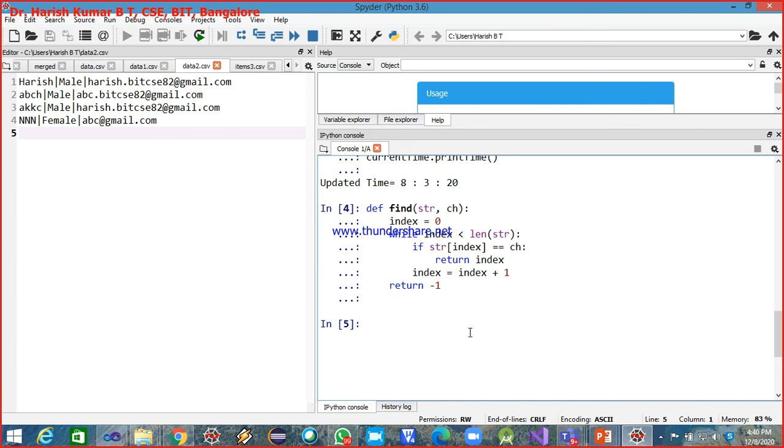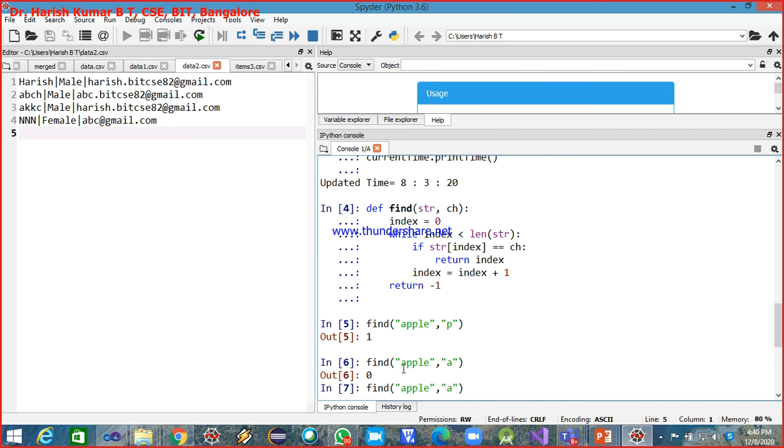Now I go for invoking this. I call this method by passing two arguments. One is apple, my source string, and my pattern string is p, and it is outputting 1. That means the pattern p is found at index 1. Now if I run it again by passing a different pattern, say a, this should give me the index 0. So the pattern a is found at index 0.